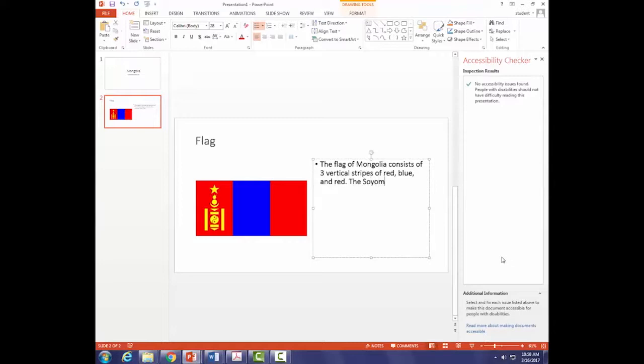The Soyombo is a symbol that represents earth, sky, moon, and water, and is an abstract geometric pattern on the first red stripe.